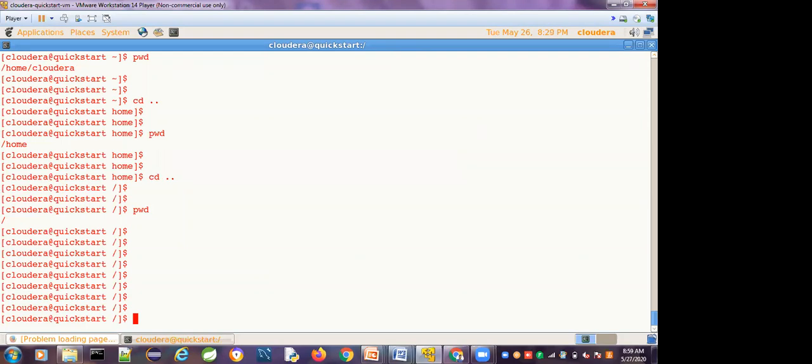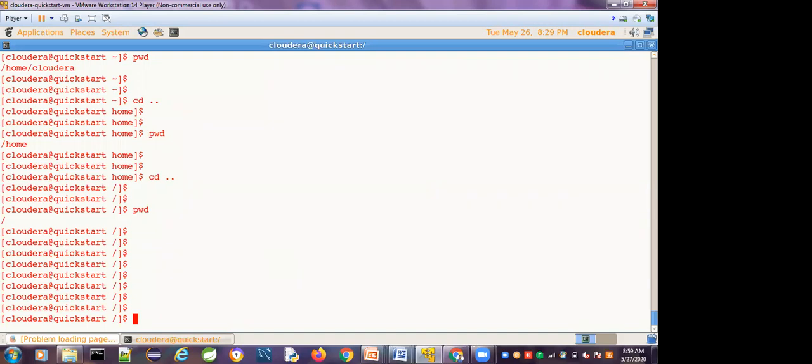Please tell me if anyone has a doubt. These are very, very important: how to check the current directory, and how to navigate to different directories with the help of the cd command.